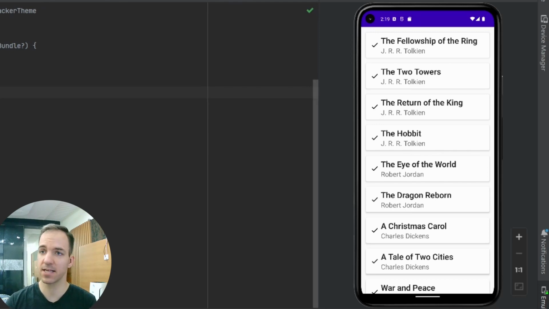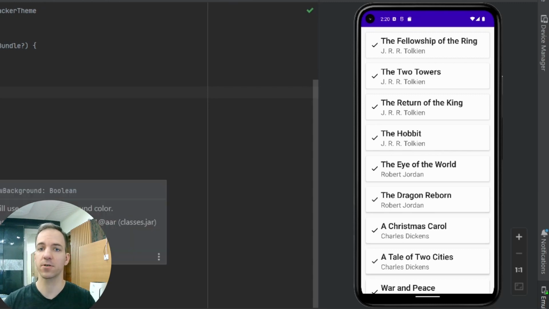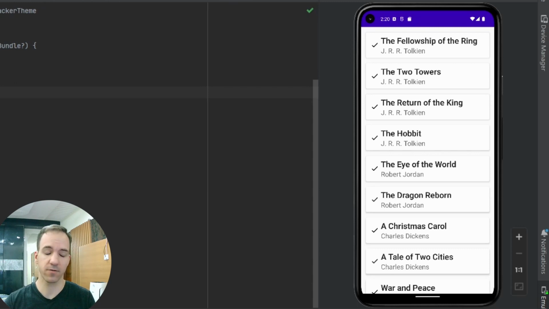Now you can save the state directly in the UI, which is something that we're going to start with, and I'm going to show you why that's not as good as putting it in the view model, and in fact that can lead to errors. Definitely one of those reasons is because you don't want your UI to have to do too much stuff. We generally like to separate out all of our different responsibilities and give them to different components. So we want our UI to manage only the user interface,